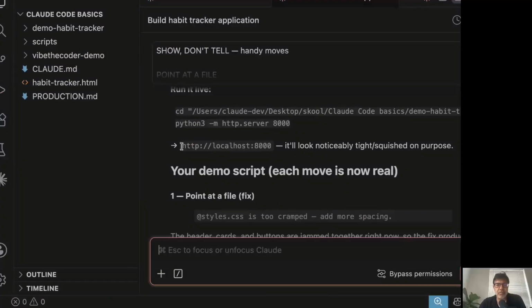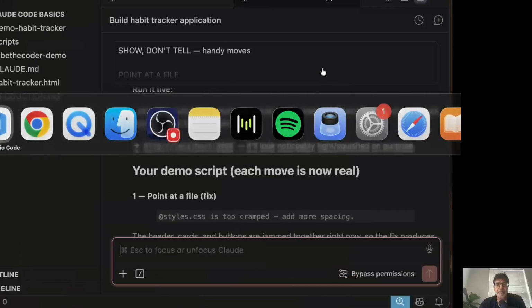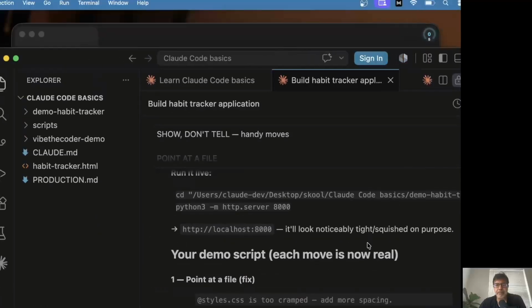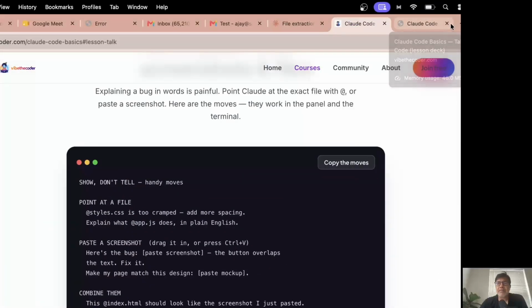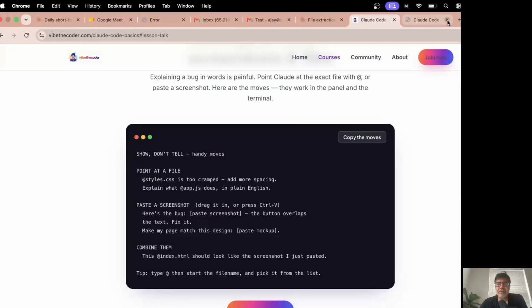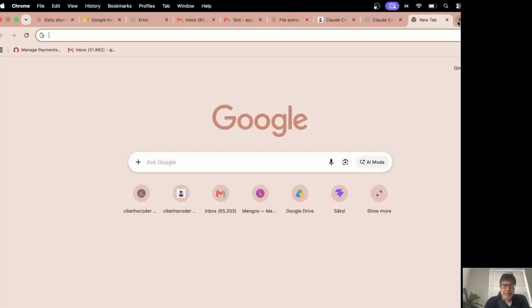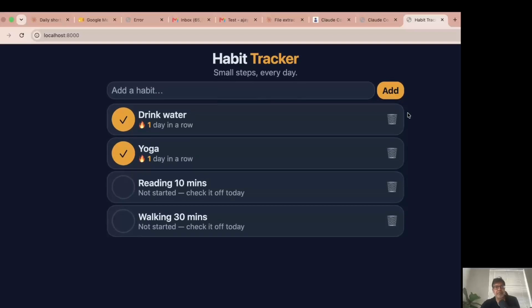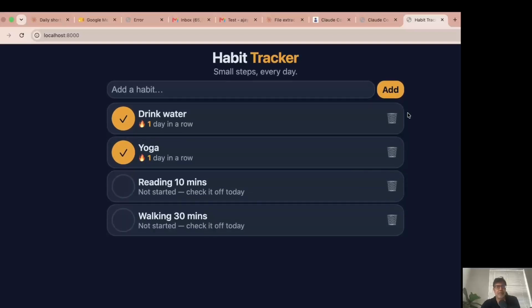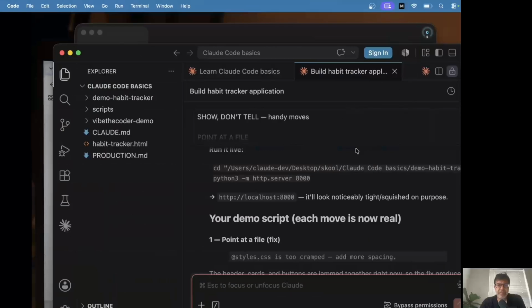I should be able to open this. Make it a little smaller and copy this. Okay, so let's see if we can